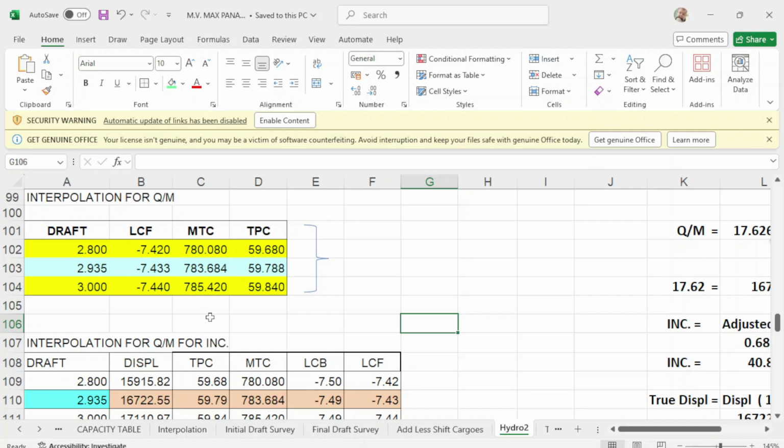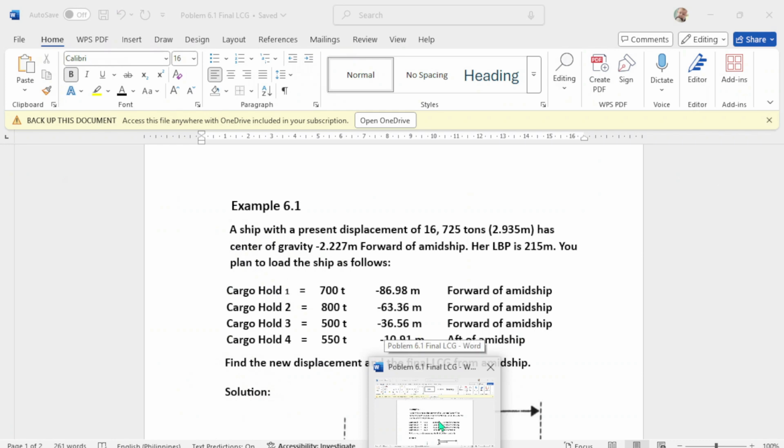16,722.55. Okay, how much is the displacement? Check. Displacement is 16,725.